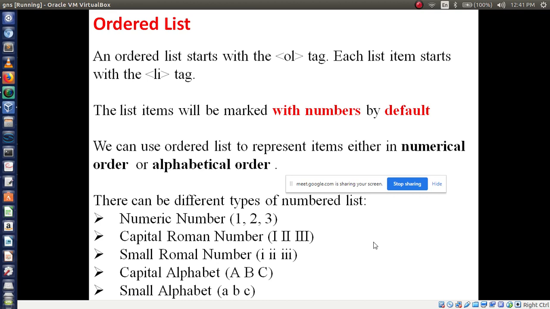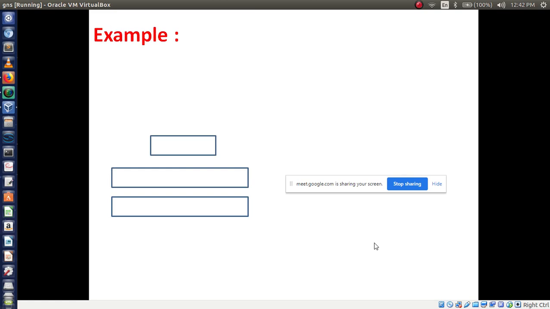Over this first, okay. Now examples, we'll see the examples here.